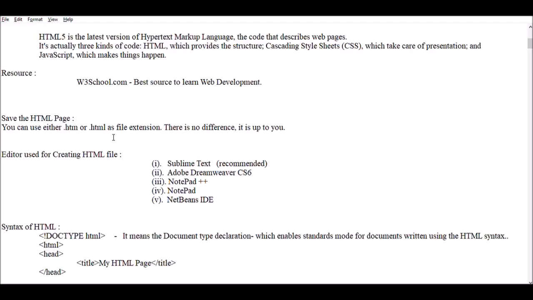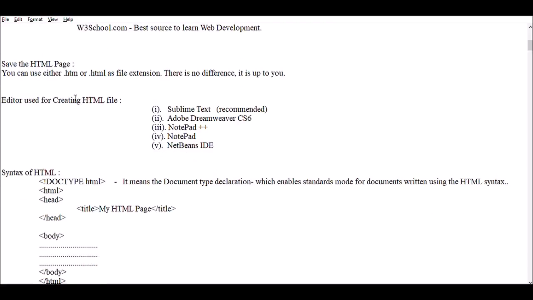So let's start with how to make your first HTML page and how to become a good website developer. First of all, you should save your HTML page with the extension .html or .htm, as mentioned here. There is no difference between .html and .htm. It's up to you which one you use to save your file.